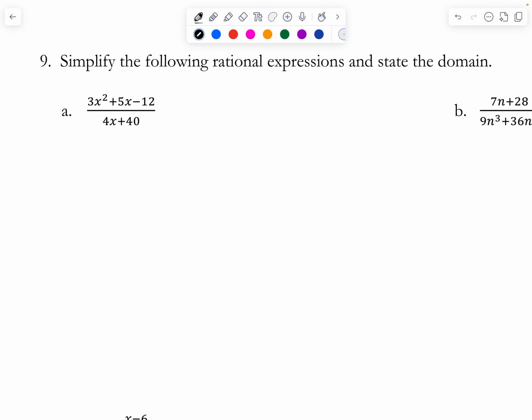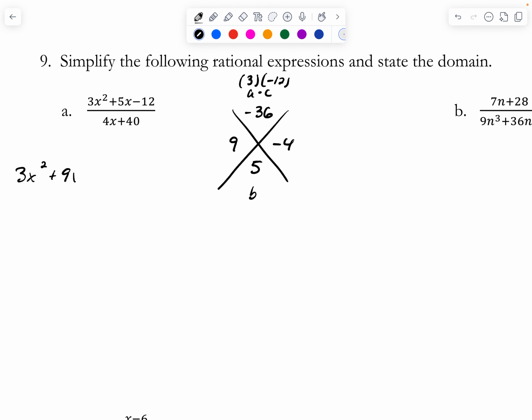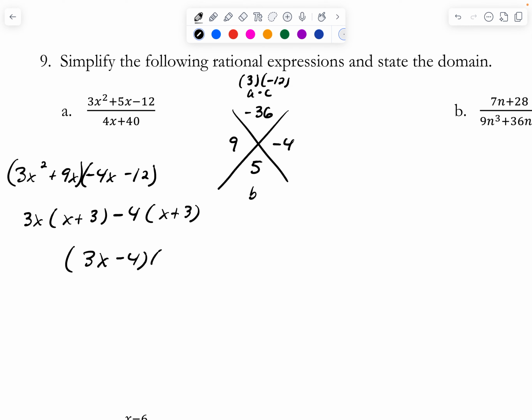All right, so the first thing I notice is I have a quadratic trinomial in that numerator. So I'm going to do a times c that adds to b. So 3 times negative 12 is a negative 36. So I need factors of negative 36 that add to 9. So I'm going to choose 9 and negative 4. So if I split the middle with 9x and negative 4x and factor by grouping, factor out the negative 4, I'll get my two factors are 3x minus 4 and x plus 3 all over